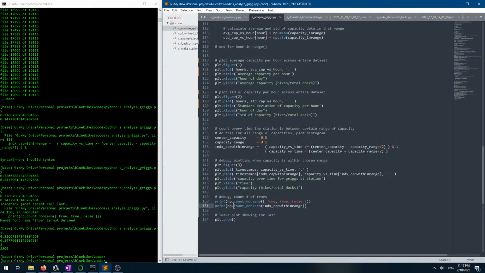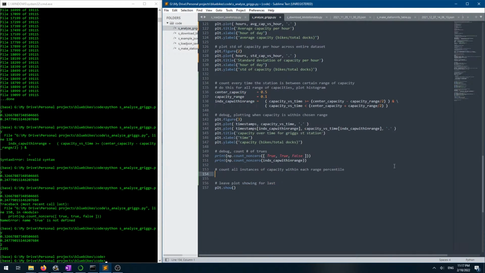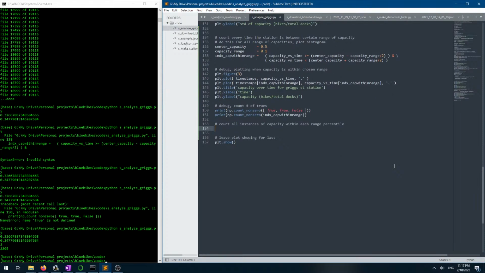So now all I have to do is repeat this code, but in a loop. So count all instances of capacity within each range percentile. Let's call it percentile. Right, so num cap within percentiles equals